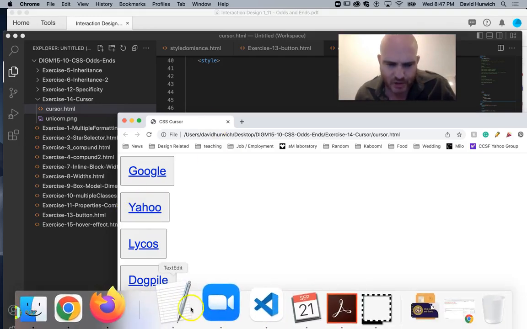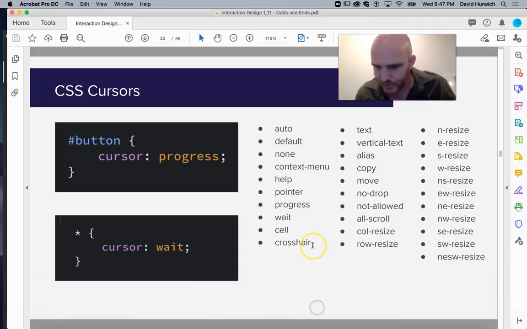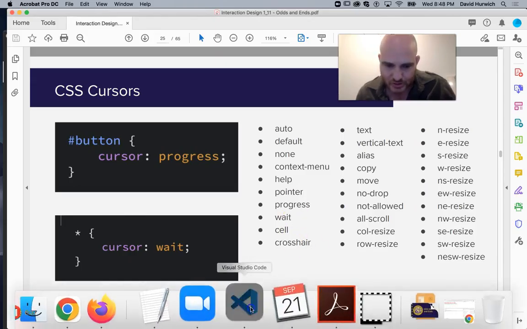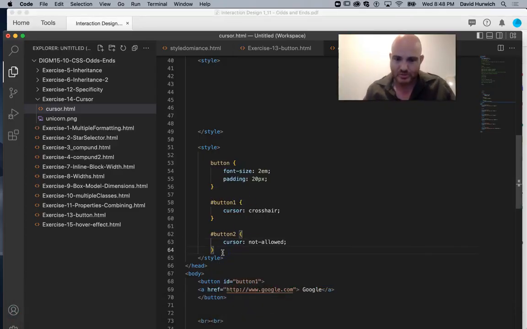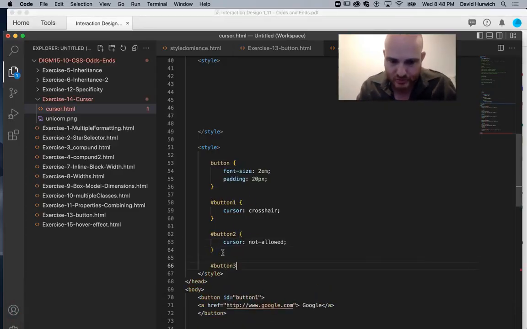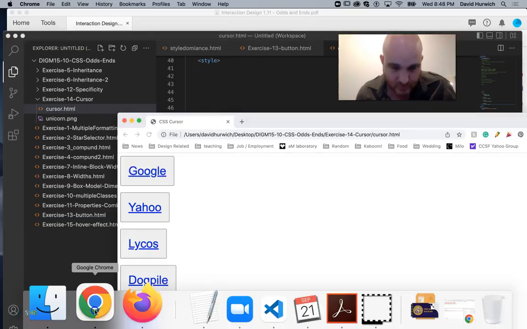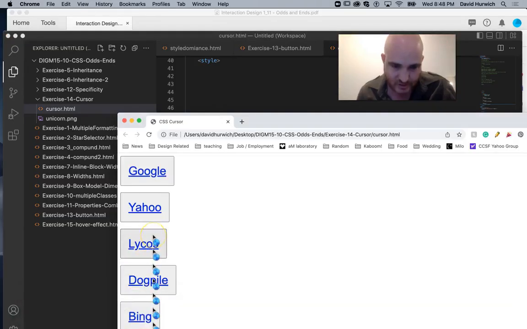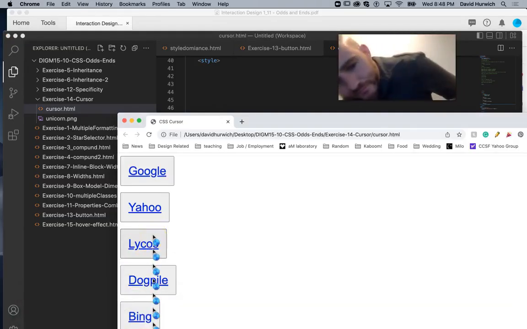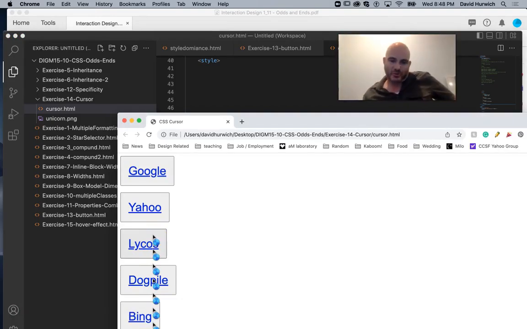I'm not going to go through all of them, but hopefully you can try a couple of these out, the ones that might seem a little more interesting to you. Maybe let's do the progress one. So, button 3, cursor, progress. And I click over this. Okay, I get a little progress one. So it's a little sort of spinning